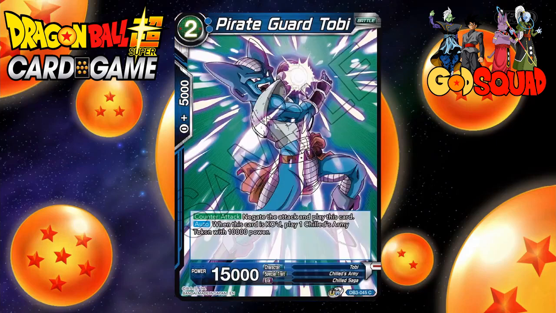Right? Then we have Pirate Guard Toby. He's a 2-cost 15,000 counterattack. Negate the attack and play this card. When this card is KO'd, play 1 Chilled Army token with 10,000 power. I mean... Why would they KO it? Unless they play a card that just nukes the field, or they really want to kill it in battle. I don't see why they would do that, but I mean...